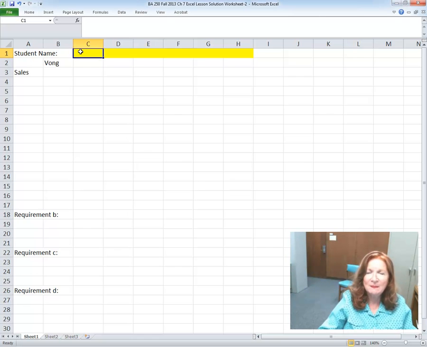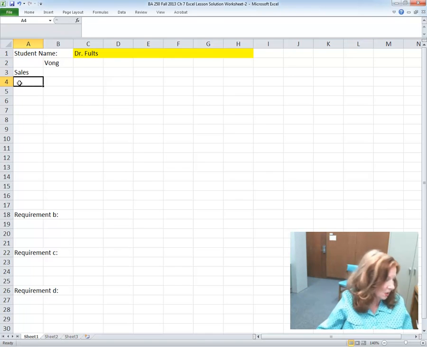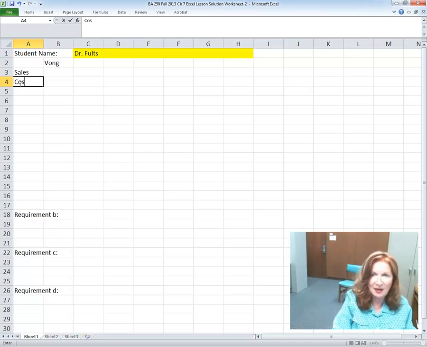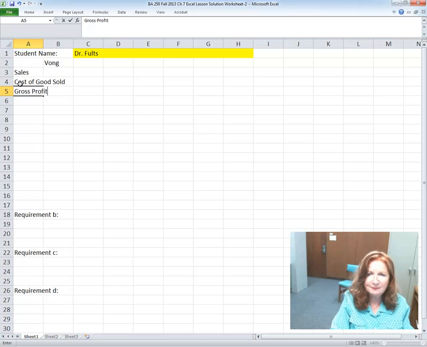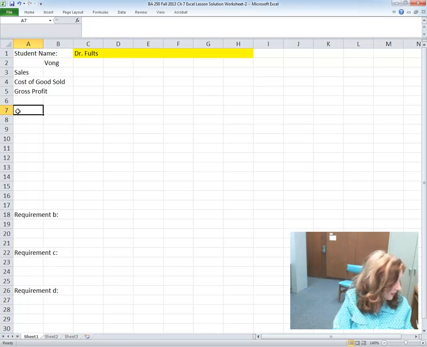Right over here, to start out with, I'm going to put in my name, and you would put in your name. Now, we always start building spreadsheets with the A column. As I look at the A column, I'm just going to type in these entries. So we have cost of goods sold on line 4, and on line 5 we have gross profit, and then we skip line 6, and on line 7 we have gross profit percentage,